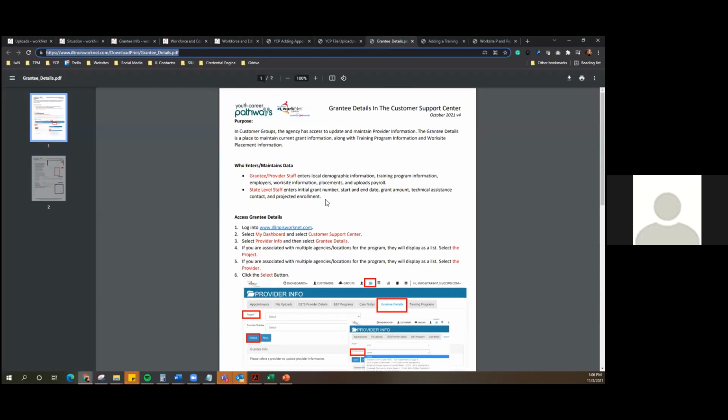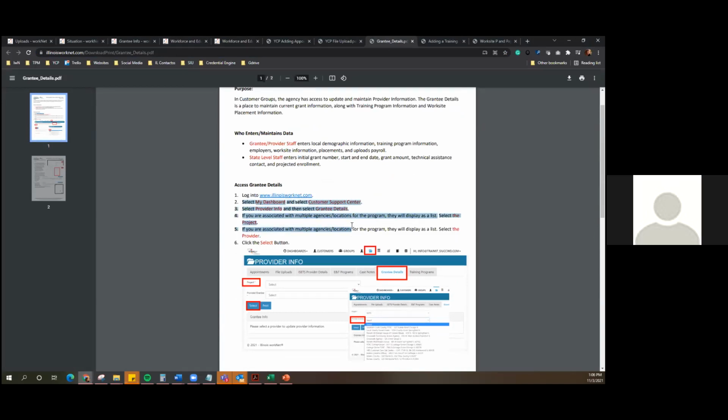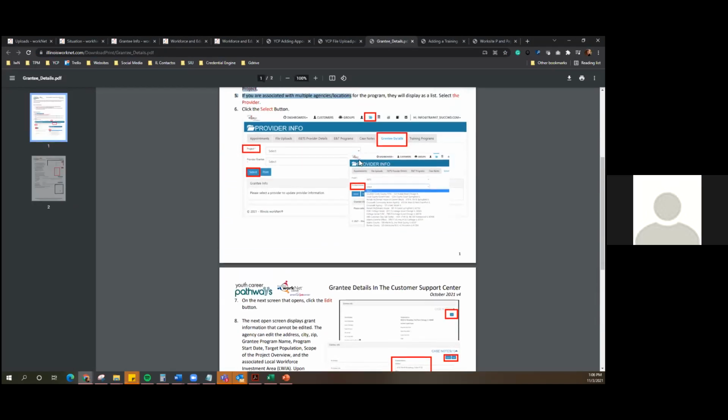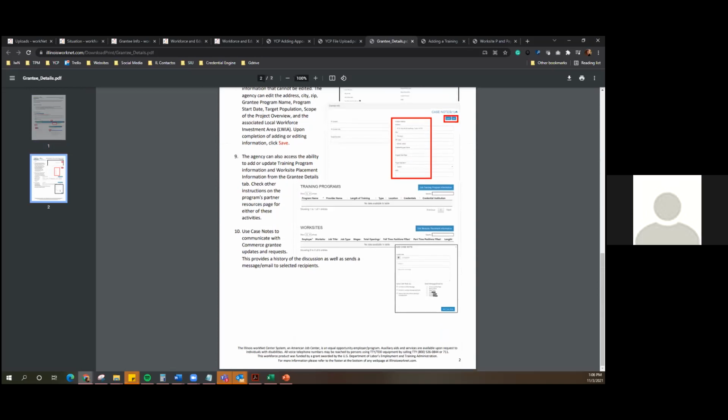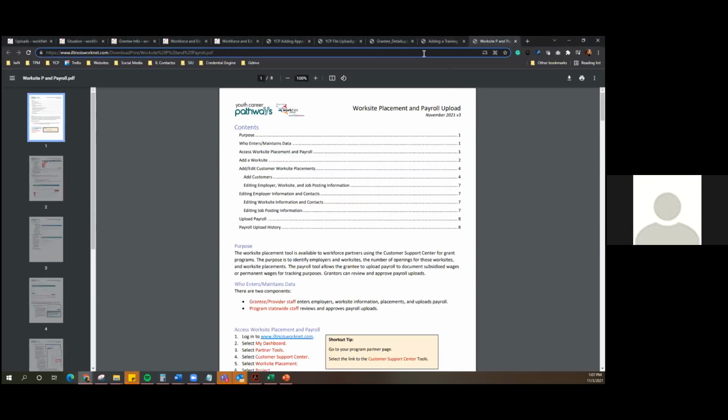I'm also going to copy an instruction. If you do this offline, we have instructions that will walk you through how to access it, and then it will walk you through exactly how to go through and do these different items. I'll put those in the chat as well. We are working on finalizing this partner page, but once we have it available, it'll be available to you all so you can access instructions as you need them.